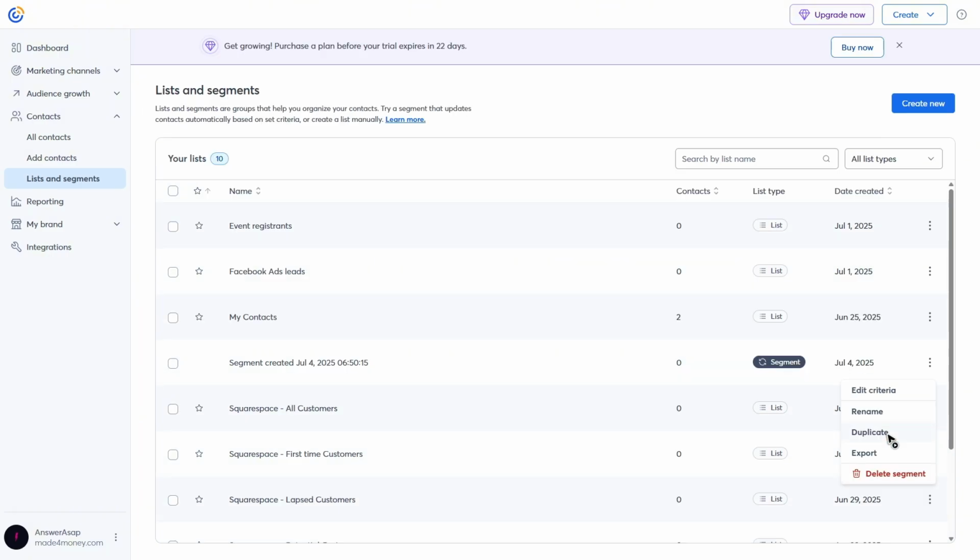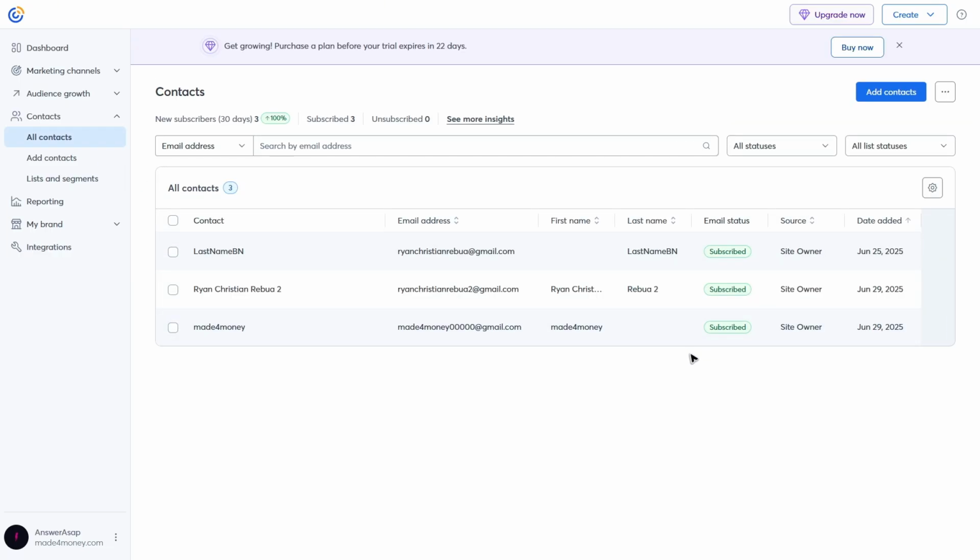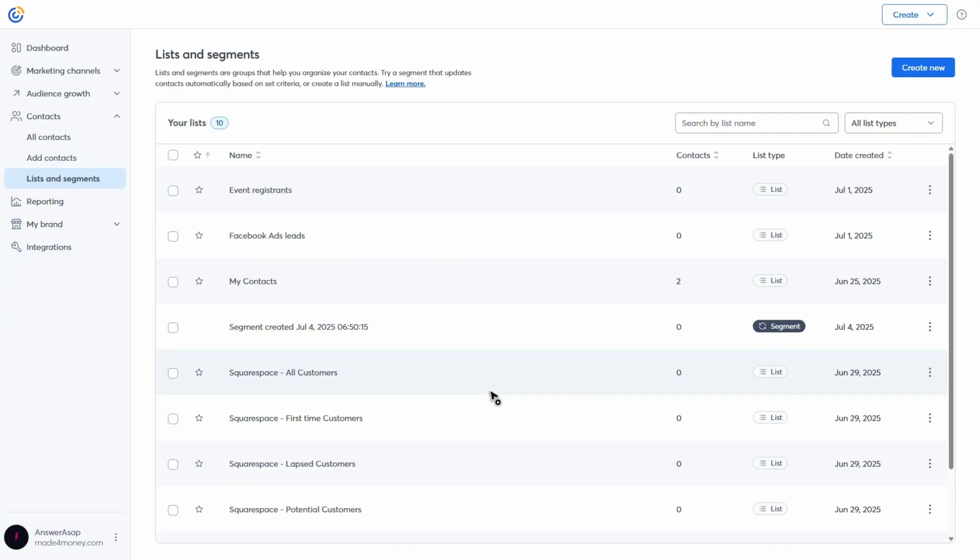for a more targeted email. And you could also go to your contacts right here and check one by one if you want to remove someone. Just click on the name, Actions, and you have Delete. Now going back to List and Segments, for example, under Facebook Ads Lead, or under My Contacts, just